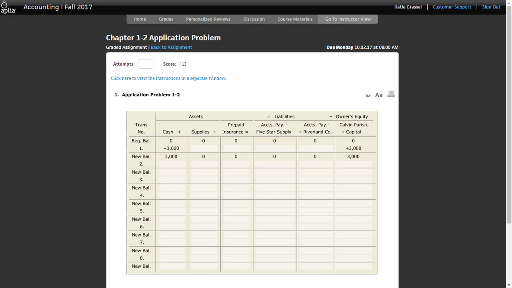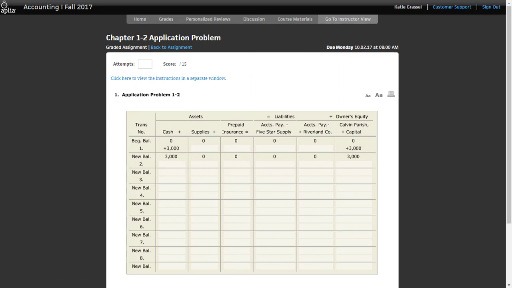Now this line right here that says new balance, all we do is math. If I do 0 plus 3,000, it gives me 3,000. If I do 0 and nothing, it gives me 0. 0 and nothing, 0. 0 plus 3,000, that will give me 3,000. The second transaction, let's do that one together,